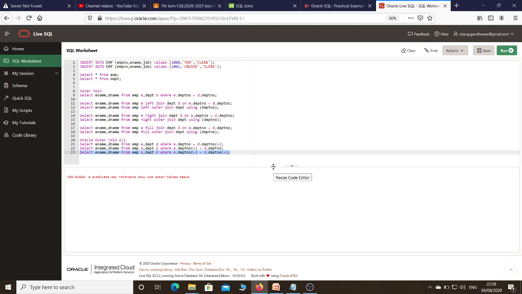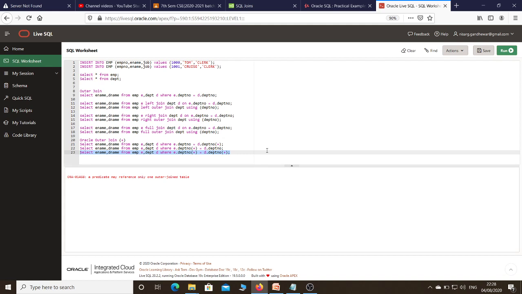So in SQL we have inner join and outer join. In case of inner join we discussed equi join, natural join, inner join, self join and non-equi join. And in case of outer join we discussed left outer join, right outer join and full outer join. What is the main difference between inner join and outer join? When you want to retrieve data which satisfies the join condition, at that time you use the inner join concept. When you want to retrieve data which satisfies the condition as well as data which does not satisfy the condition, then you should go for outer join.